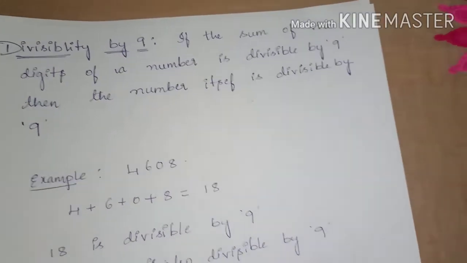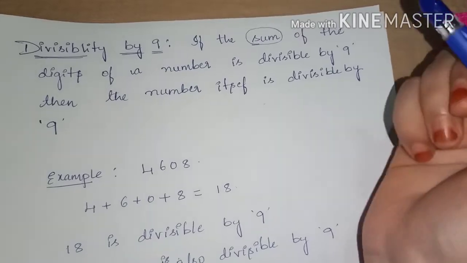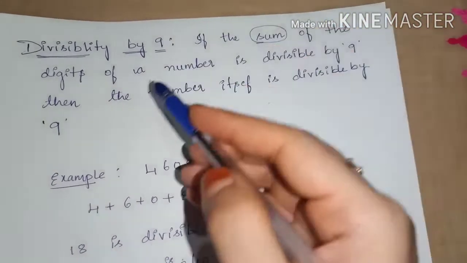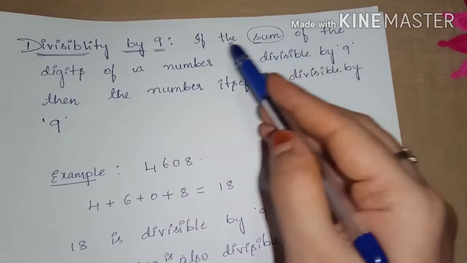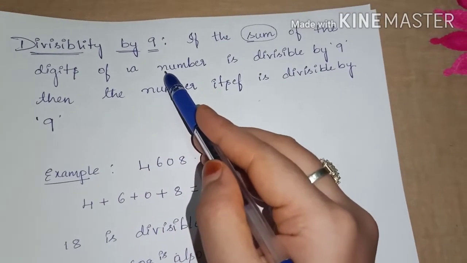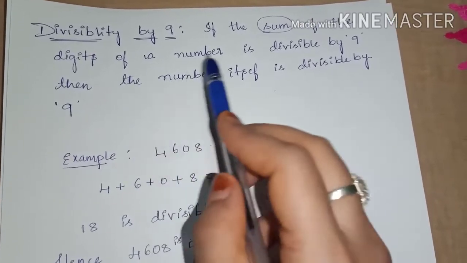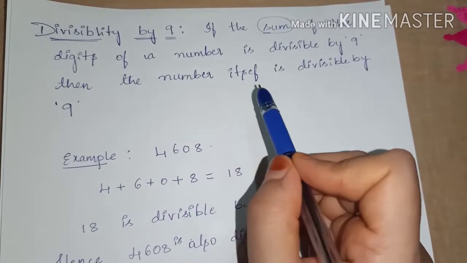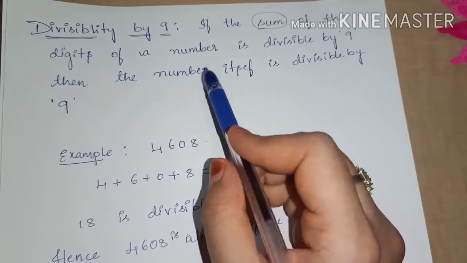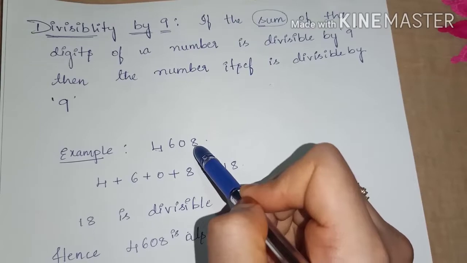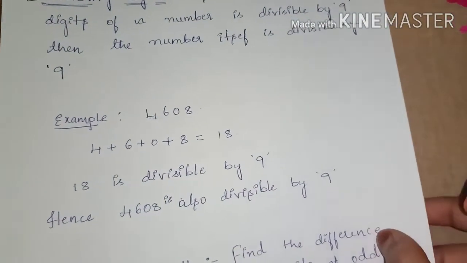Let us see divisibility by 9. If the sum of, remember here they are giving sum. Sum means addition. Sum of the digits of a number is divisible by 9. So sum of the digits of any given number, we have to add all the digits. If the sum, the answer we get, is divisible by 9, then the given number is divisible by 9. Look at the example. For example,